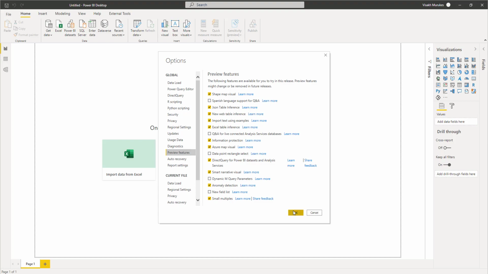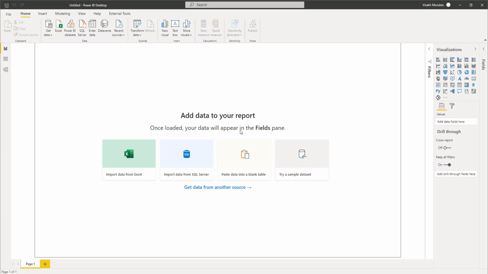And when you click on OK, once you do it for the first time, when you are enabling this feature, it will ask you to restart the Power BI Desktop. For that, you need to close the sheet after enabling this and again open it. So once you have done that, the Azure Maps visuals will be available inside your Power BI sheet. So now if you go to your visualizations, you can see a visual for Azure Map. So this is what we will use for plotting our geographical data.